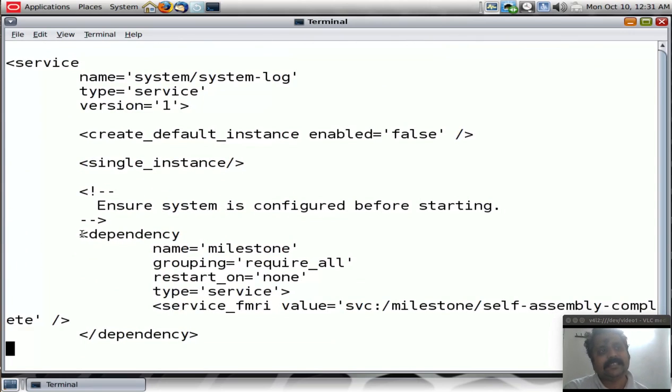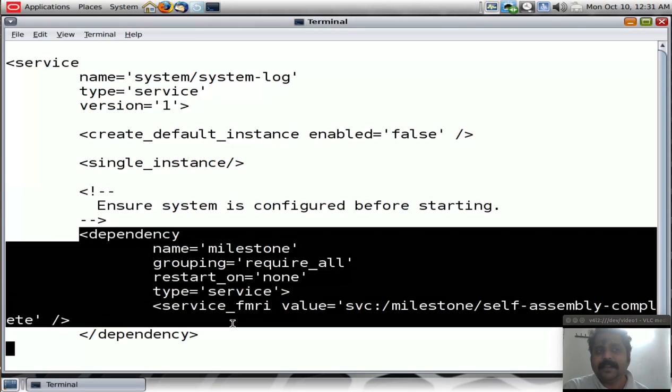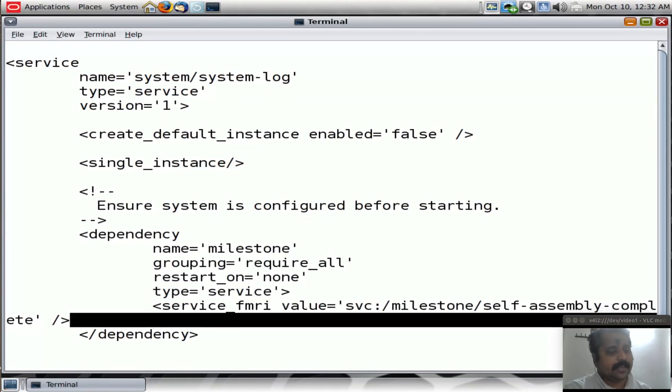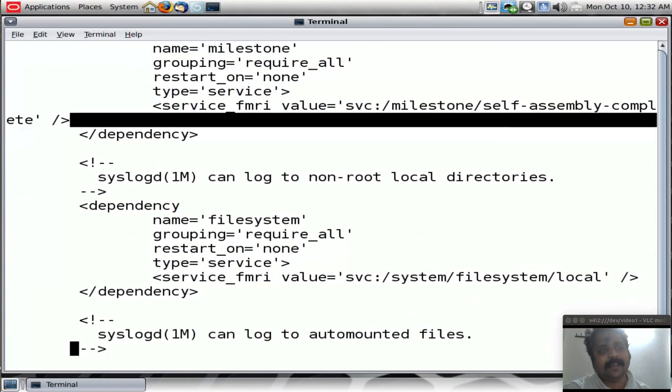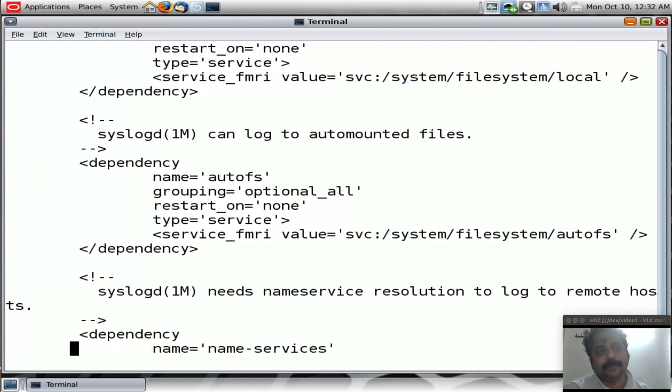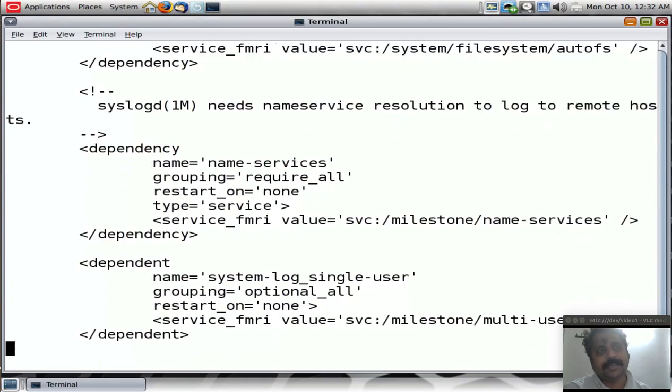Whether this specific service is dependent on any other service is indicated by the tag here. Now you don't have to go and scrutinize this XML file to find out the dependency of a service on other services. There are switches that you could use with the SVCS command to get to know that. If you come a little bit down in this XML file, of course there are multiple dependencies mentioned in here,